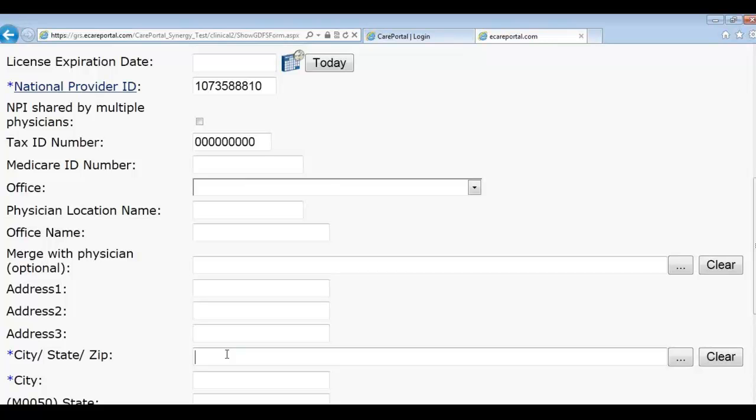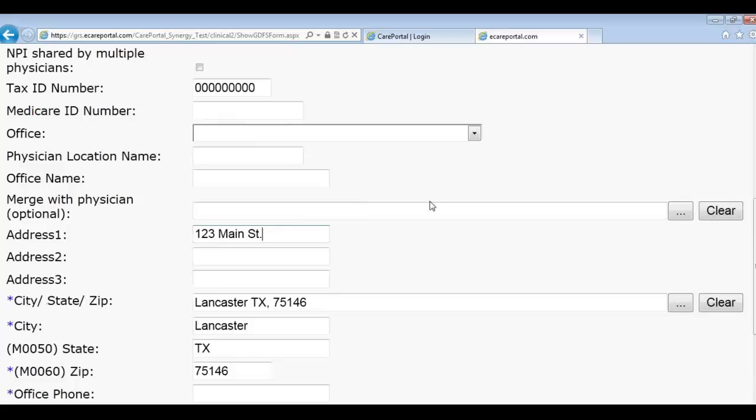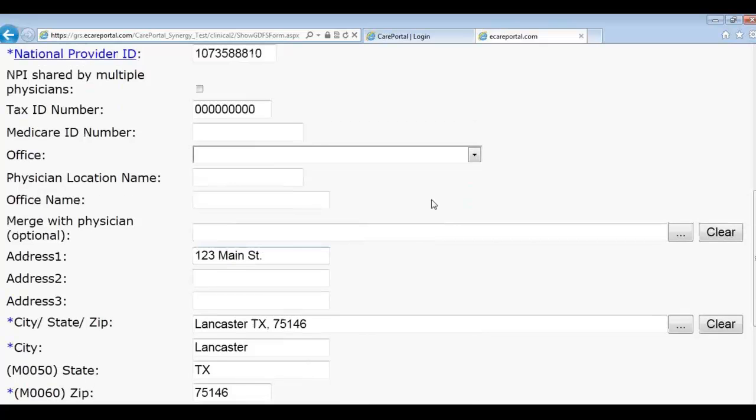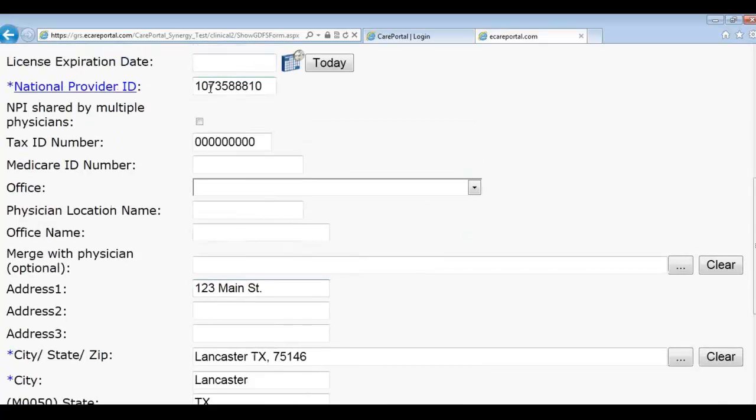I will go ahead and put in a city, state, zip. So you just put in whatever that might be. And one thing I'm going to mention is that you cannot put two physician records in with the same NPI. That helps prevent duplicates from being introduced into the system